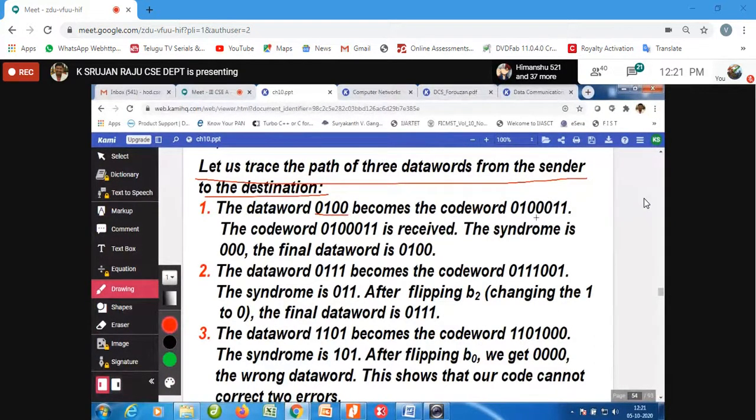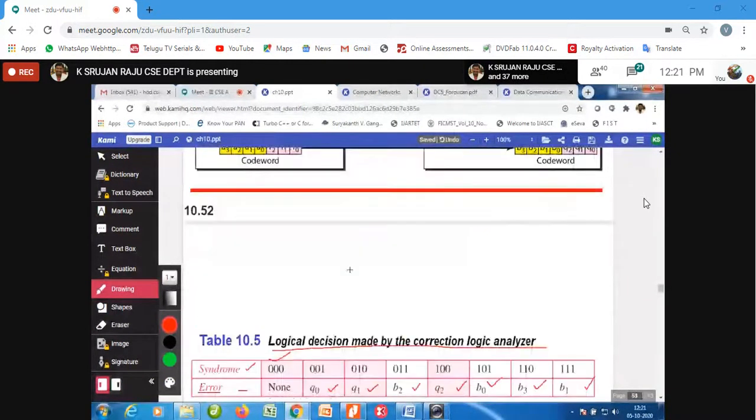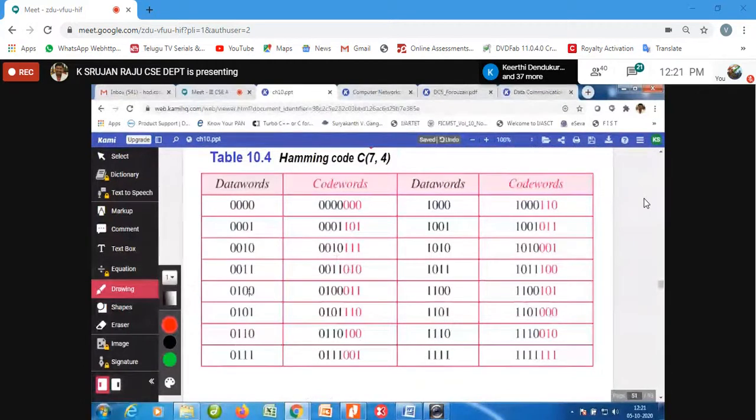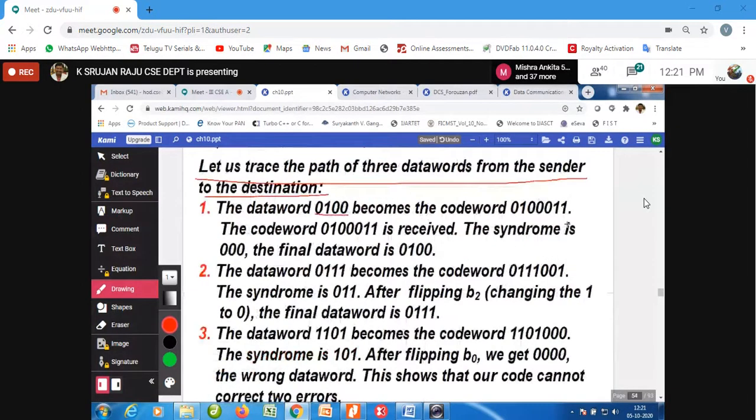Now you have to look at the table. What is the value we have? 0100 is going to be converted into 0100011. Now the code word is received, and there is no change in the code word.